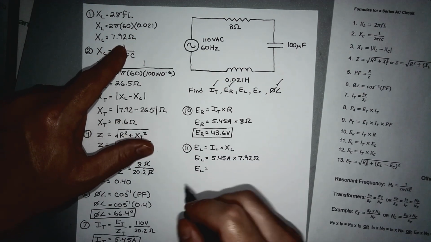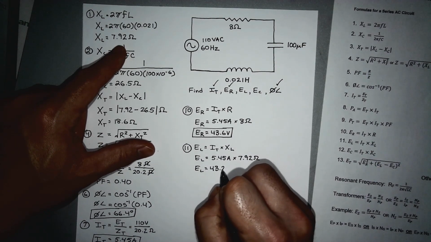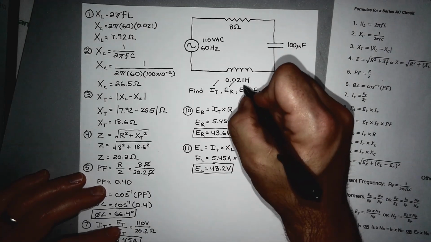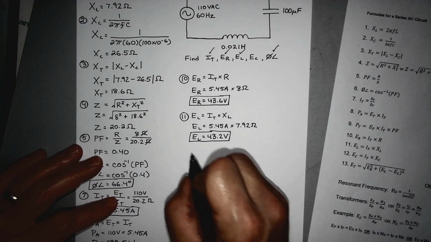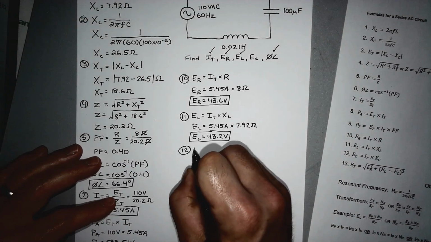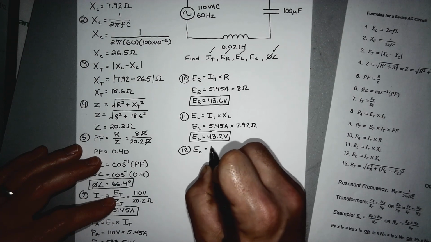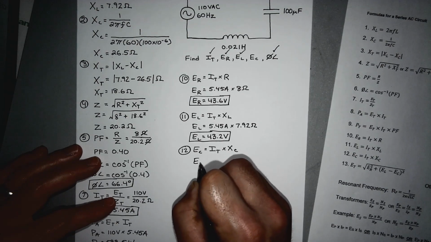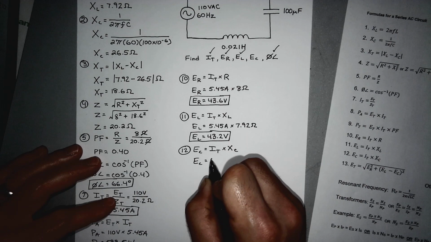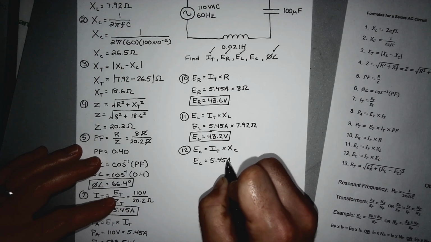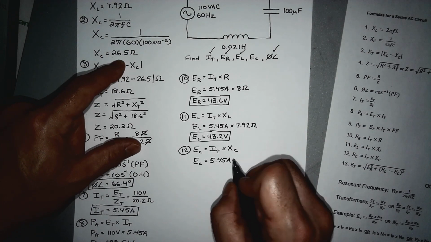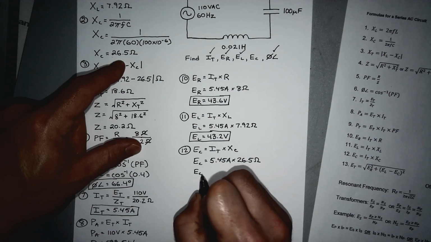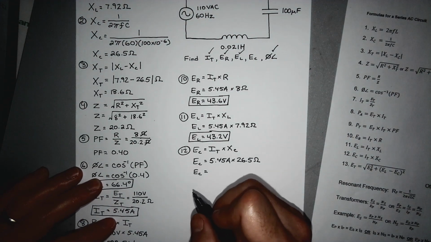Which gives us a voltage value of 43.2 volts. So there's our next to last one we were asked. And then number 12 is going to be E sub c equals I sub t times X sub c. And this is the voltage drop across the capacitor. So 4.45 amps, same as it was before, and then X sub c is this 26.5. And that's going to give us a voltage of